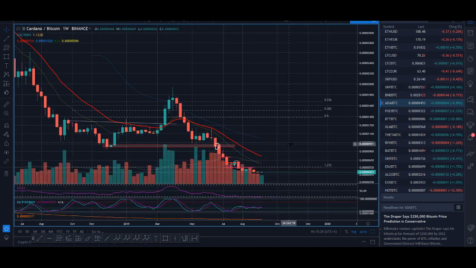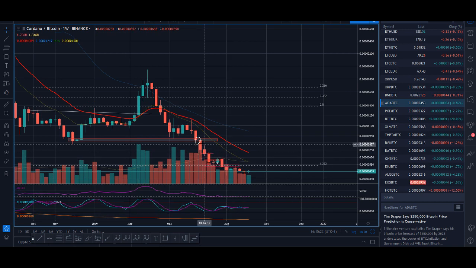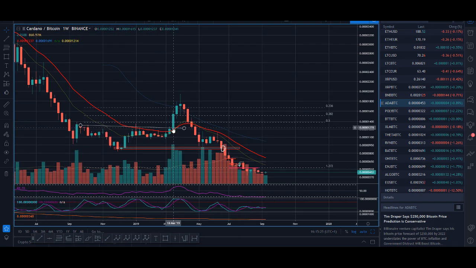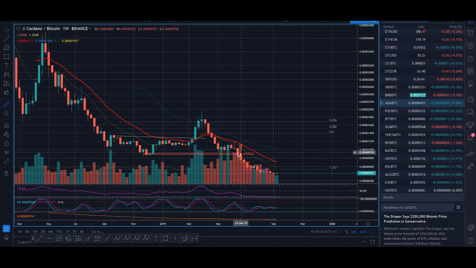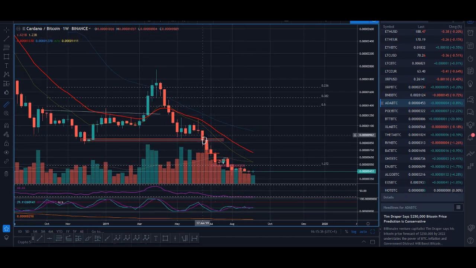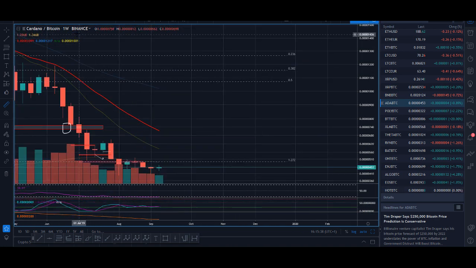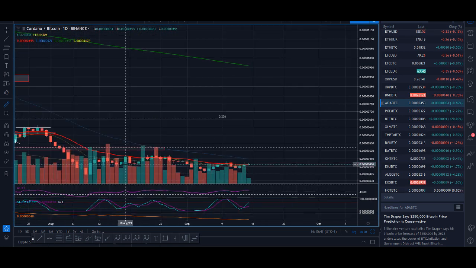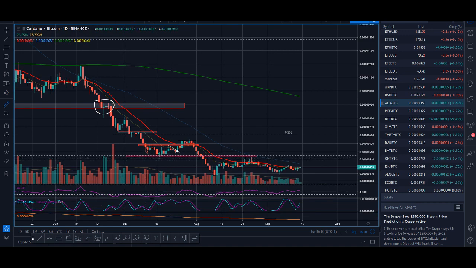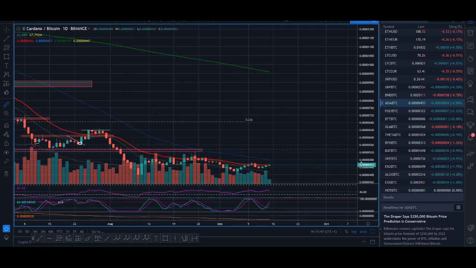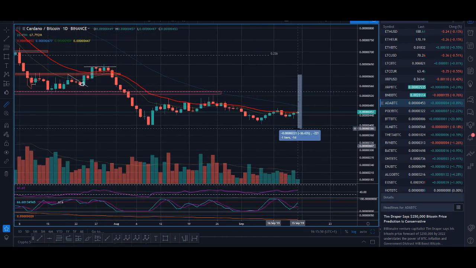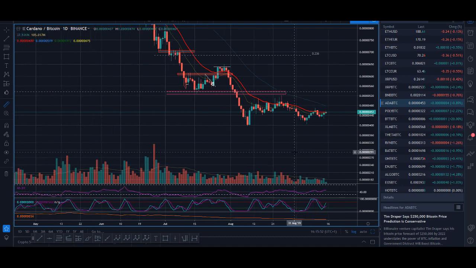From a trading point of view, I bought ADA here. This was a loss, so this was one of my biggest trades on altcoins this year. It was a nice little rally, and I posted this video. Inverted head and shoulders breakout, nice trade. I bought some here because I thought this support might hold, but I lost that trade. It broke down. I traded ADA here again. There was some daily divergence. You can see divergence coming in. I bought at the breakout here. That was a nice little trade. Again, you win some, you lose some, but you need to take both the wins and the losses.